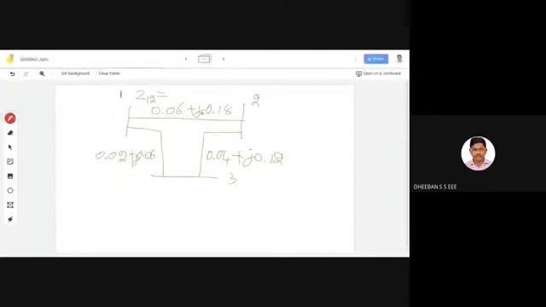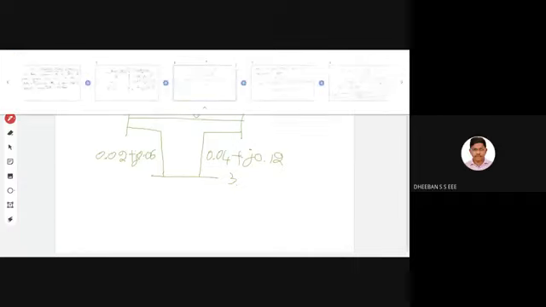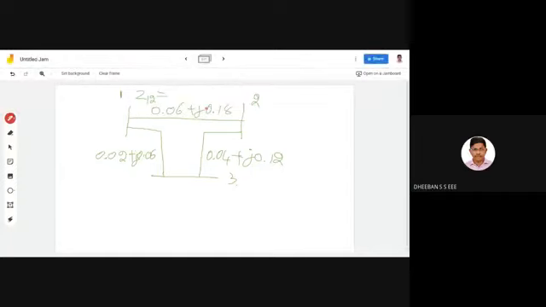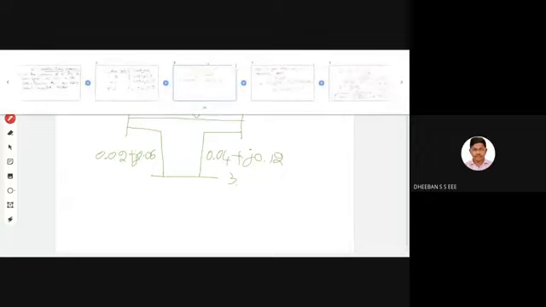So here you can see, your first bus is connected with your second bus and your third bus. These are the buses connected to your first bus. So for the self admittance value, they didn't give you the y11 admittance, so you can consider only these two admittances. And hence the value will be,